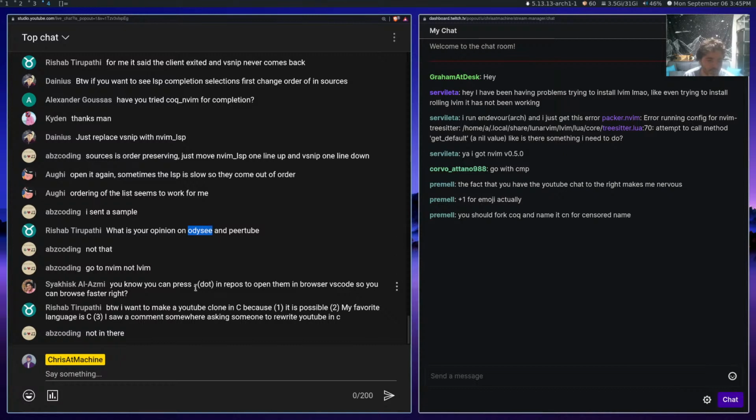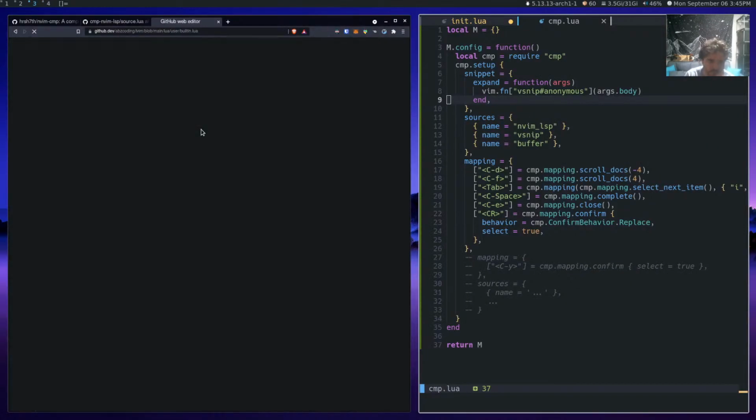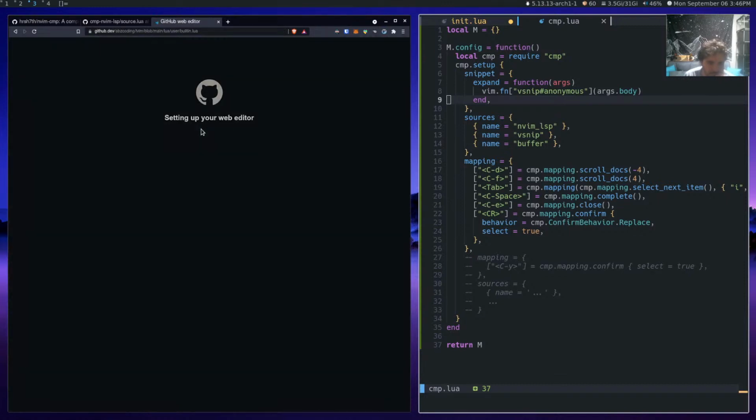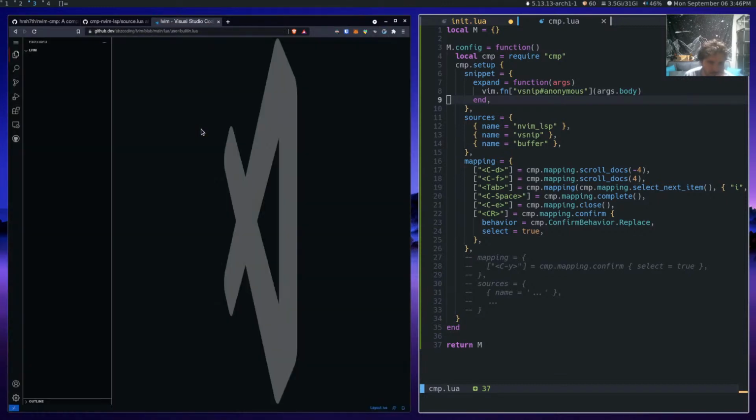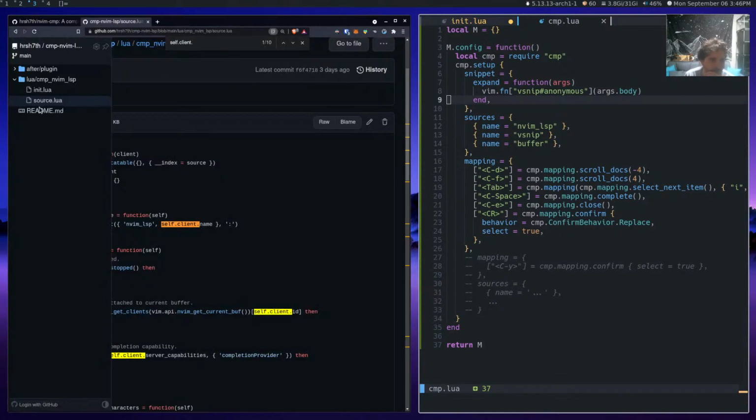You know you can press dot in repos to open them in browser VS Code so you can browse faster, right? Do what? Okay, well, I hate it. I have this Octotree thing though, so I kind of like this.